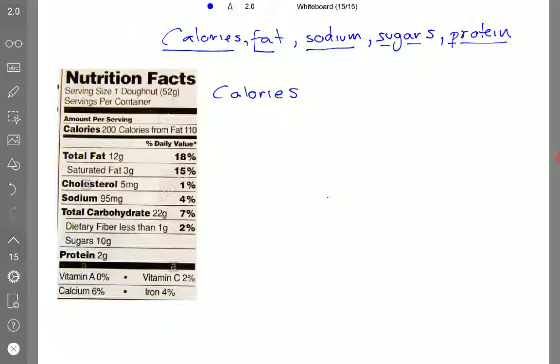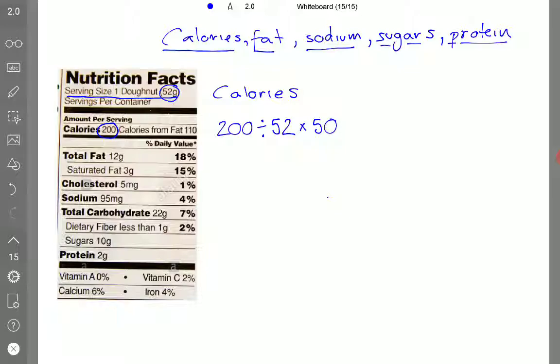So how do we do it for calories? It's very simple. We go to the number of calories that are reported per serving. In this case, that will be 200. You can see it here. So you start with that number, 200, divided by the serving size. The serving size that you will see here is 52 grams. So 200 divided by 52, and then we do that times 50. And we do times 50 because we want to find the number of calories in 50 grams of that sweet